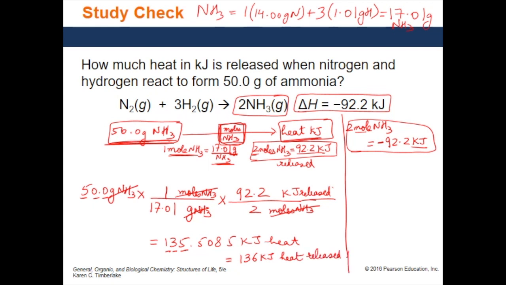Sometimes, instead of seeing the word released, you might see it written as minus 136 kilojoules as one of the options if it's a multiple choice question. And in that case, you want to choose the option with the negative sign, because in this case heat is being released, so the negative sign signifies the release of